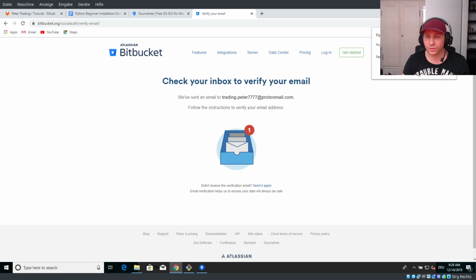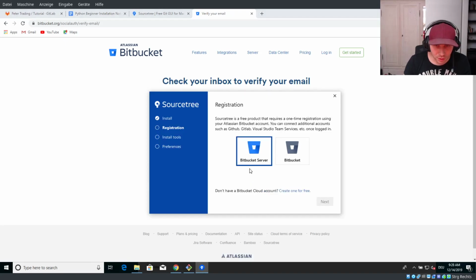Yeah, I can save that one here. No. Okay, that looks good. I will just quickly confirm the GitLab account as well. Nice, done. Cool. So now we should be able to